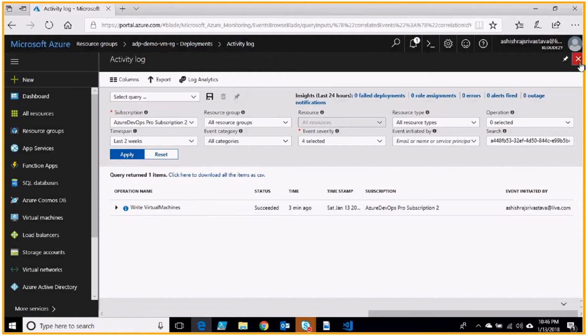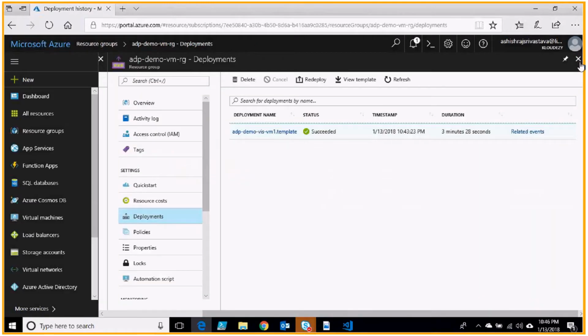This is called the activity log. So when your deployment fails, you can find the details from here. So this is all it is. And then apart from it, you have the option for redeployment as well. You can see the view